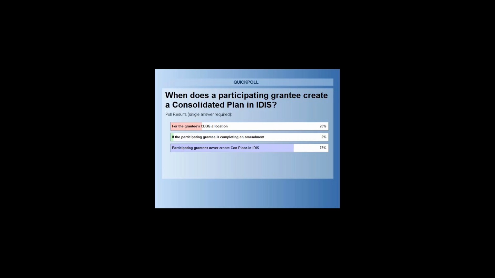When that happens, it automatically creates this much smaller template for the participating grantee, where their information on CDBG or ESG or the other allocations that they're receiving directly from HUD would be entered. But the participating grantee will never, never, never create a comp plan template or an action plan template in IDIS. That is driven by the lead grantee.